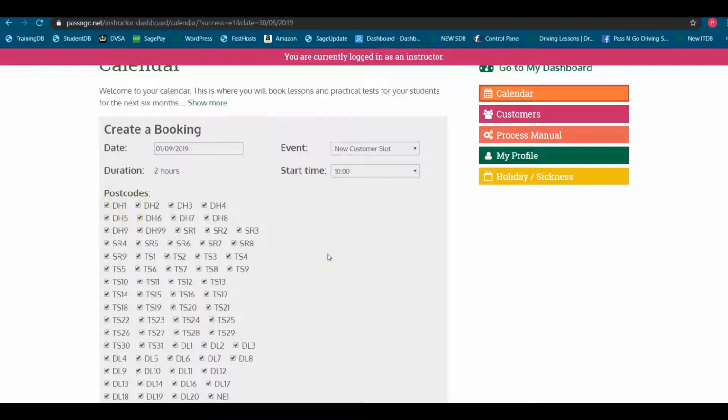Now, when I'm narrowing it down that much, it does reduce the chances of a customer taking that booking. The reason is, what I'm specifically requesting now is I want a customer to be available on the 1st of September. I also want them to be available at 10 o'clock. And then if I start putting a specific postcode in, such as DH1, that customer then has to live in DH1. So I'm looking for three specifics for this new customer. So our suggestion is leave all of your postcodes ticked,